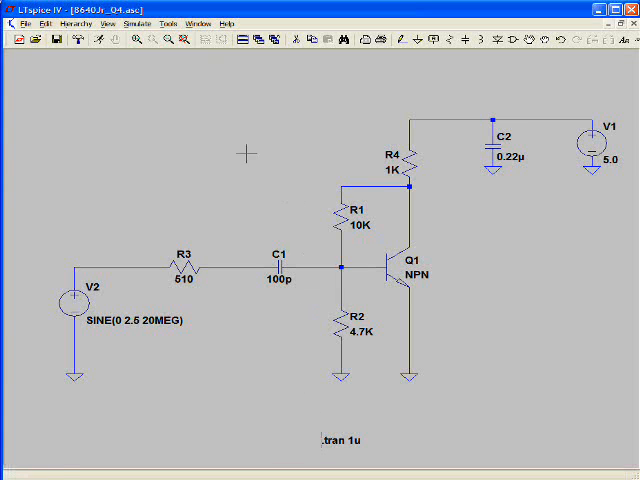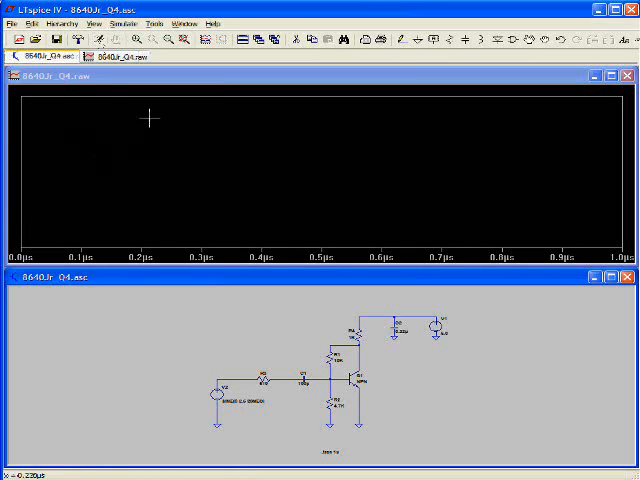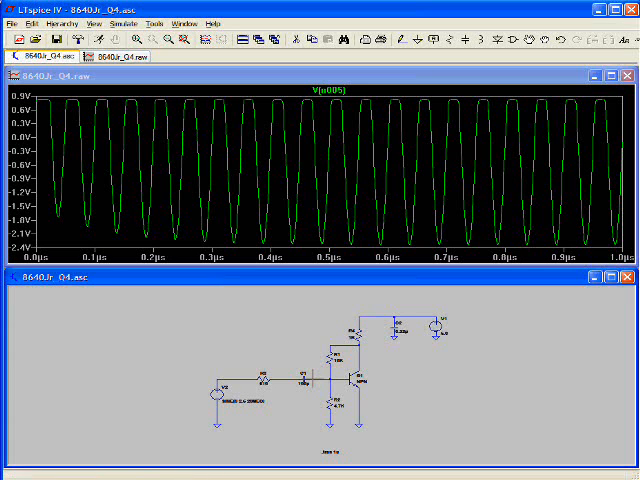So that's there. And finally we can do a run. Oh, there's nothing there. Well, that's because we haven't selected anything to look at yet. Let's look at our input, say on the base. Okay, looks like we might be overdriving it a little bit. It's kind of flat topping up on top here, and so we might want to reduce that drive level a